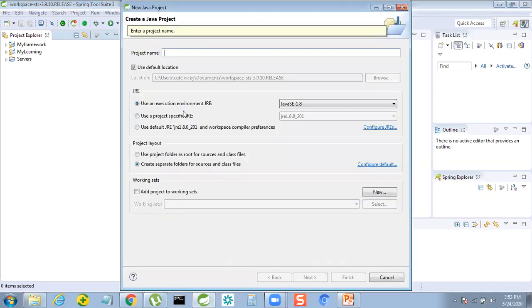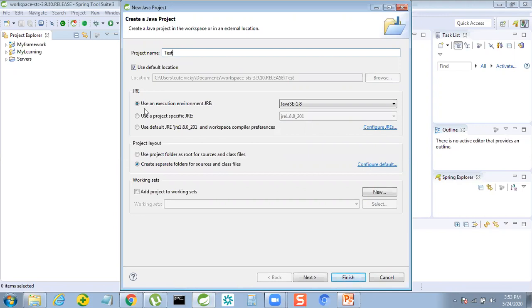If you click on the Java project, this window will be displayed, and here you have to enter the project name. Let me give it as test. These are the default options, so let it be like this. I'm not going to change anything over here, and clicking on next.